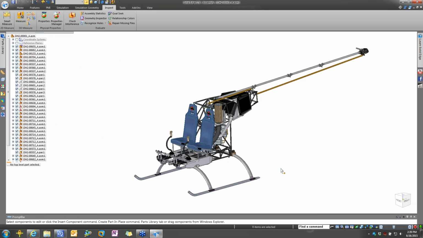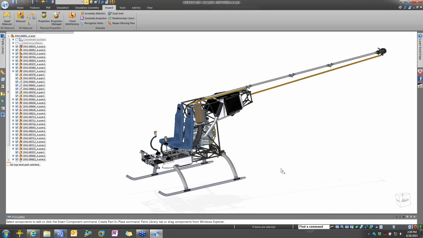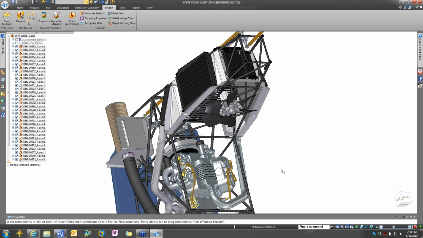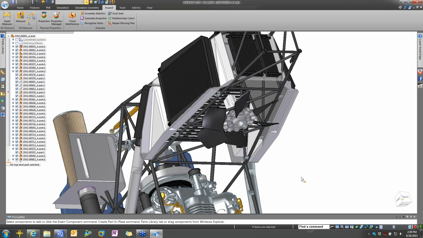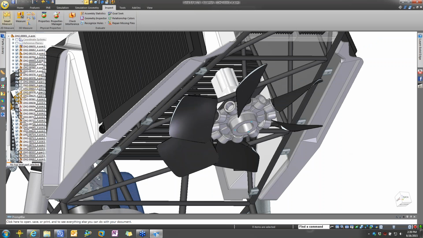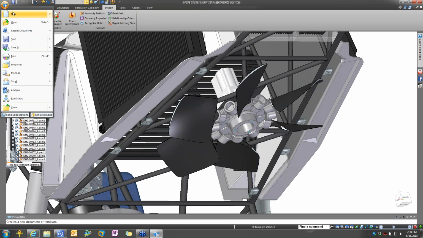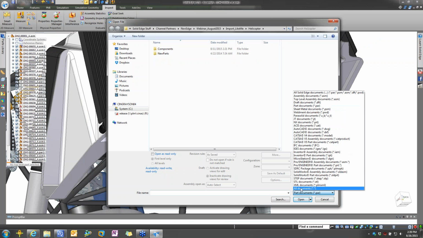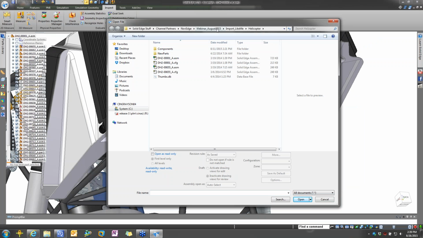So here we have a helicopter. We'll go ahead and rotate this around to the back side, and what you're going to notice is we have a cooling fan on the underside of the helicopter. And what I want to do is take these components and make some design changes. So we're going to open up one of these parts, and as I go in and show all the documents in this particular